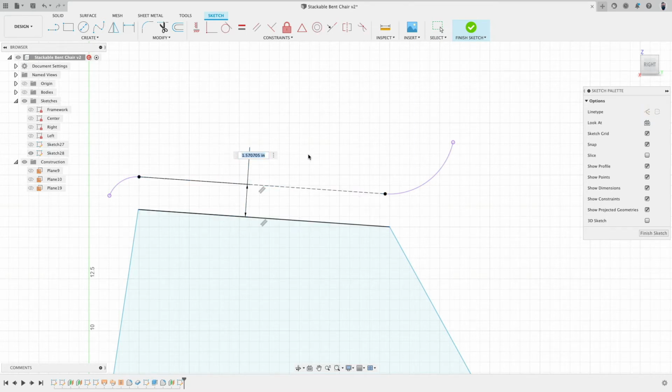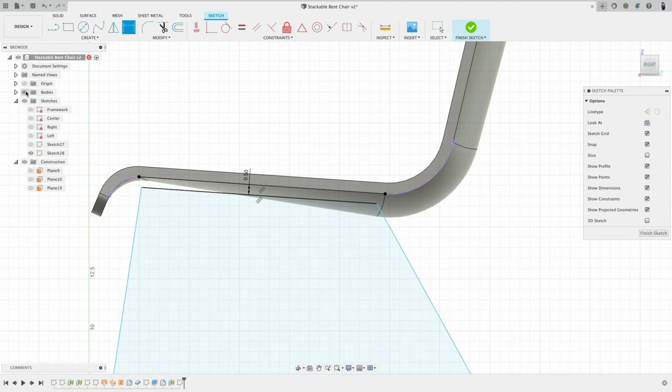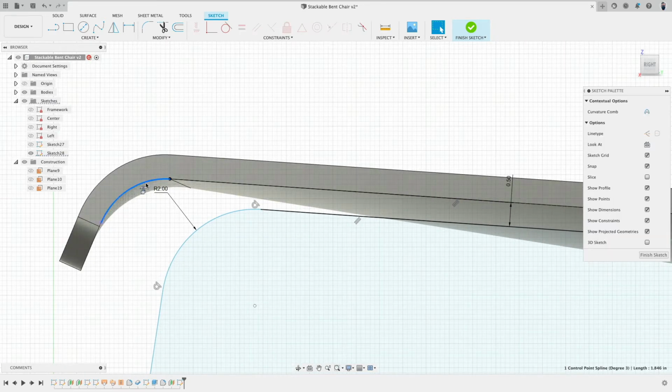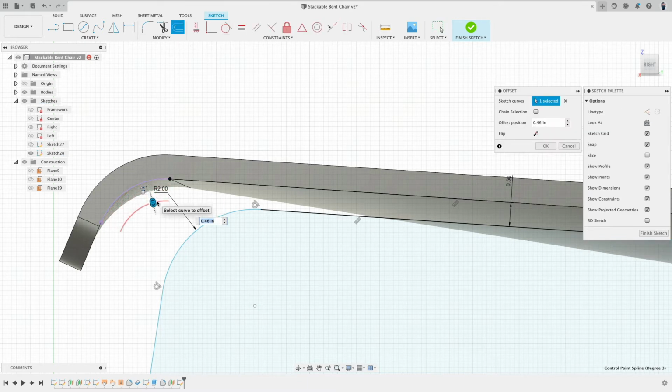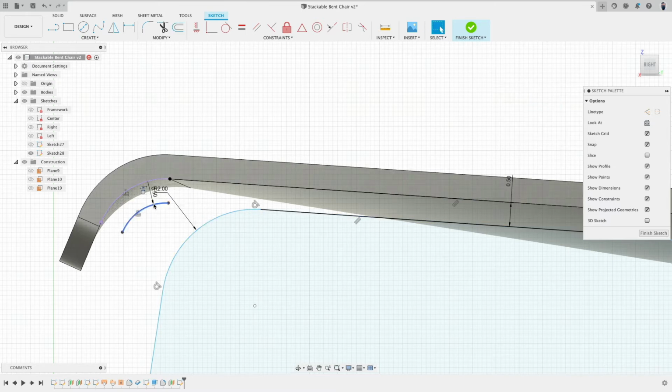Then we can create an offset, maybe 0.5. Okay, very good. We don't know this yet. And here we might want to put in a radius or a fillet. There's a fillet command. I don't really know yet the amount. We will figure this out just in a moment. Okay, good. Can we actually do an offset of this? Let's see. Yeah, we can. Let's say 0.5. Very good. So with this 0.5,